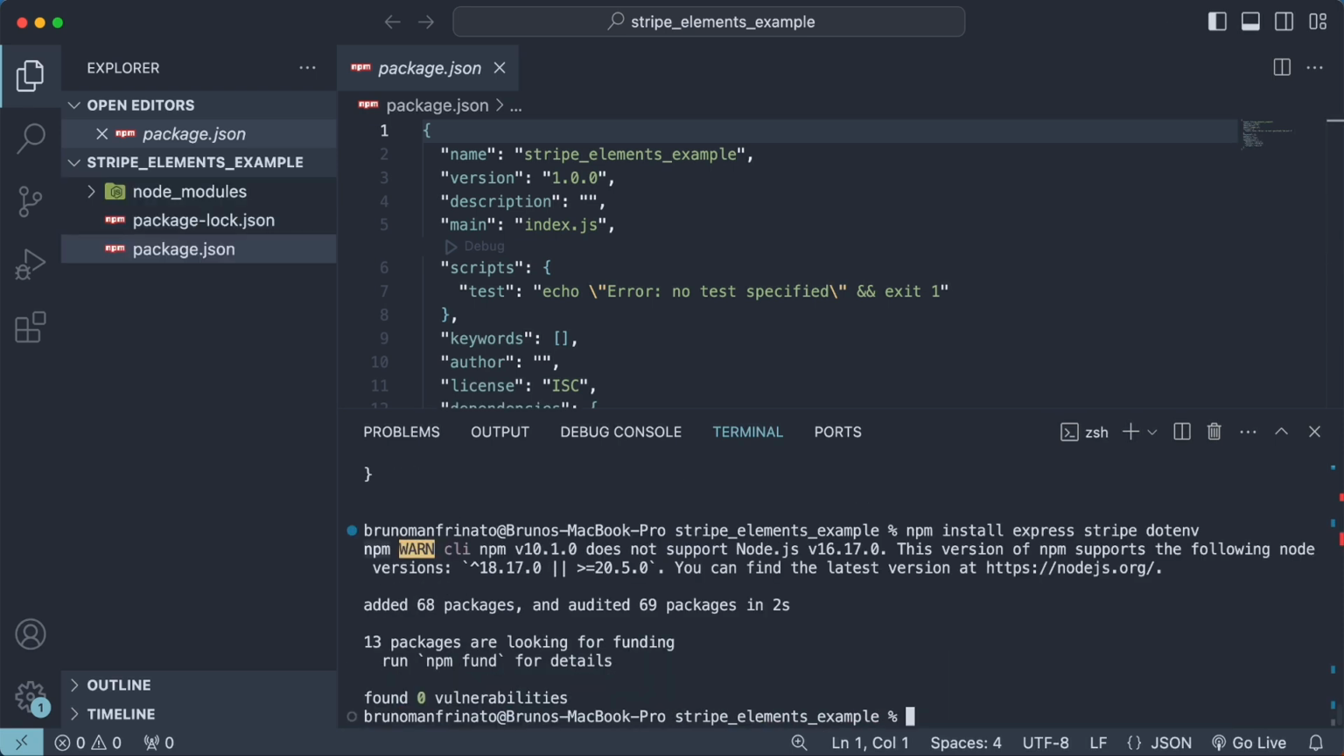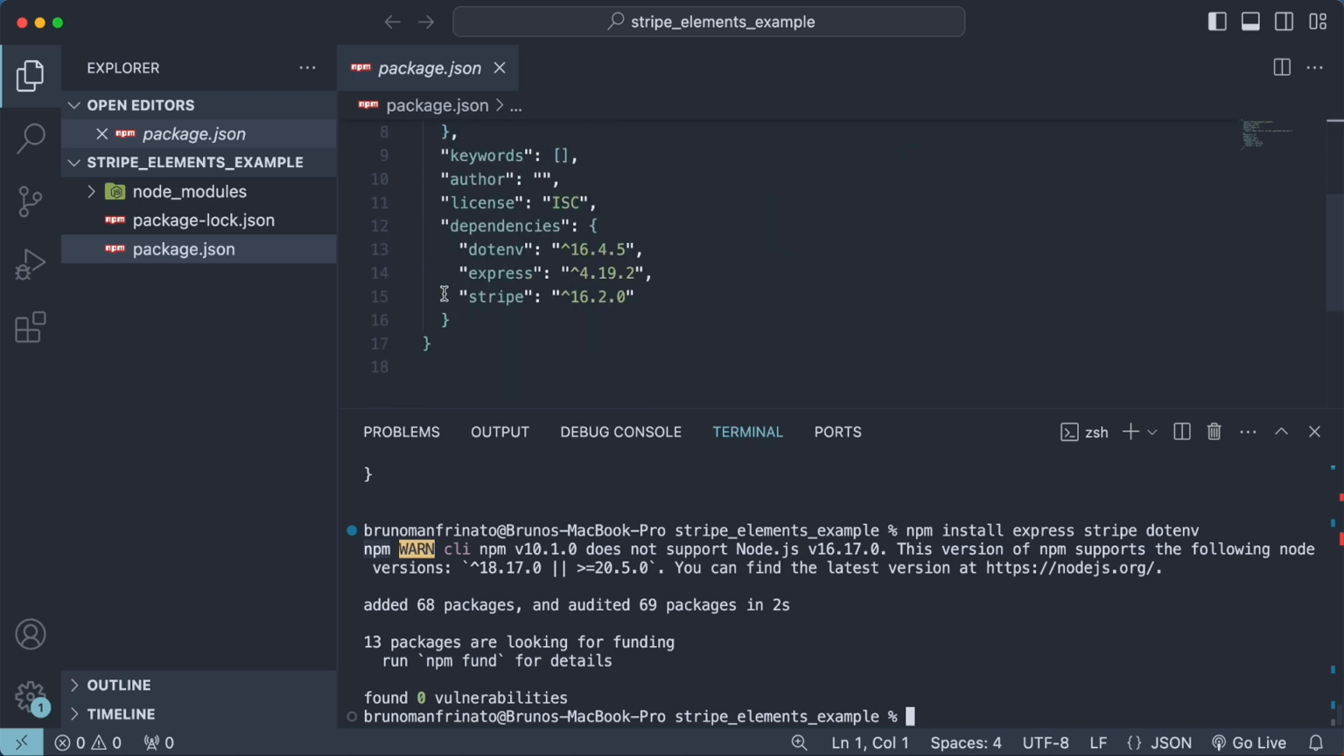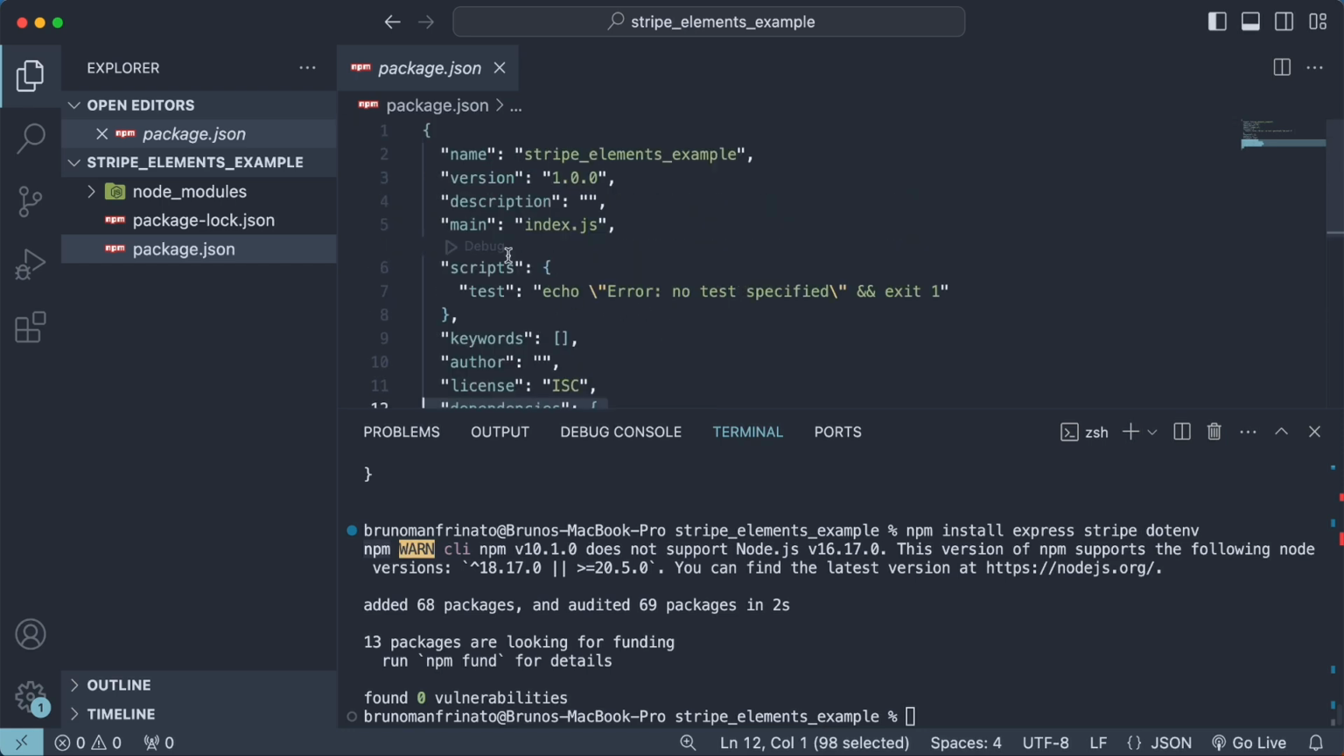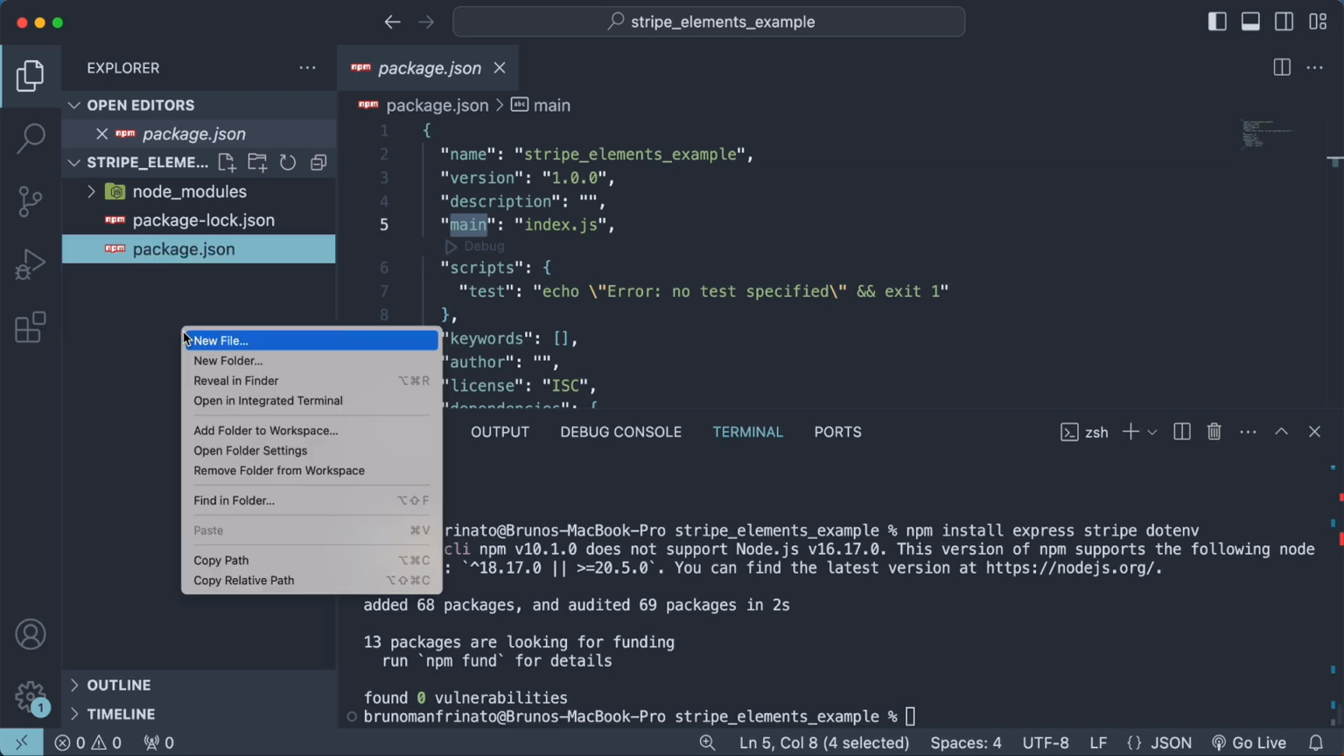Okay, dependency is installed, and we can check here inside our package.json file under the dependencies object. Still inside the package.json file, we have a main property here pointing to an index.js file. So we need to create this file in the root of our application, and it's going to be our main file. So let's create this file here on the root, new file,